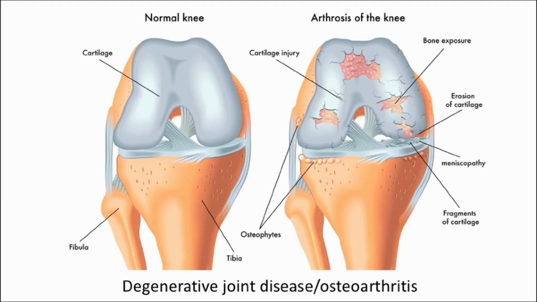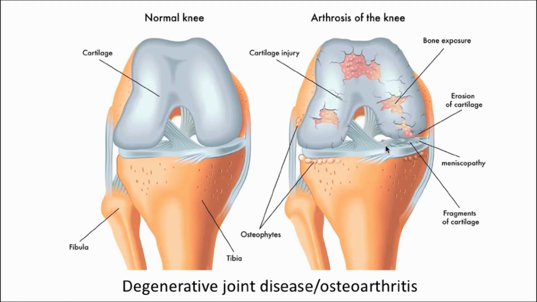One of the most common sites for osteoarthritis are the small joints of the hands, right? Because we do a lot of fine motor skills with that. And then the knee is one of the more common ones. And what this picture is intending to show you is you get breakdown of the hyaline cartilage on the knee and the meniscal cartilage, and that breakdown causes grinding of the bone on bone. You've heard that before, I'm sure. You get erosion of that cartilage. And so it causes pain, discomfort, inflammation,